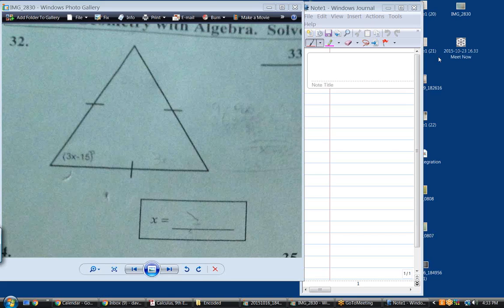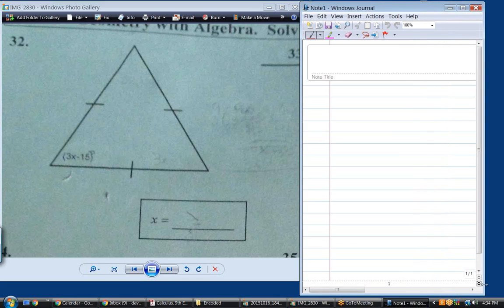My screen isn't quite big enough. I mean, I would like it if it was bigger. So,